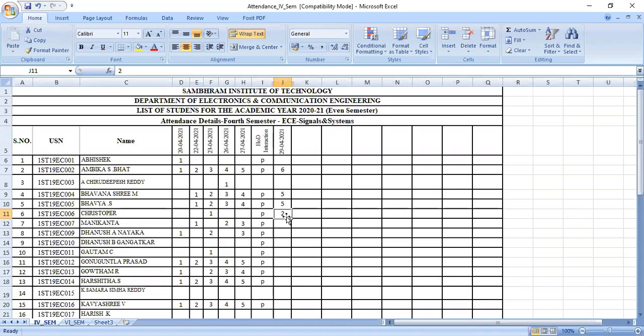But none of the faculties asked you. See, I am your class teacher. Myself and Yoganandini ma'am both are class teachers. So we are responsible for your attendance, everything. We have to report to the HOD about your status. If you are not meeting the attendance status, then definitely we will not allow. Ma'am, from now I will make sure that I will not miss any of the classes, ma'am. Okay, fine. But Christopher, before taking class for you people, I know about each and every individual in your class. And I got good feedback about you from your previous teachers. But I'm not feeling so. Don't repeat it, okay?